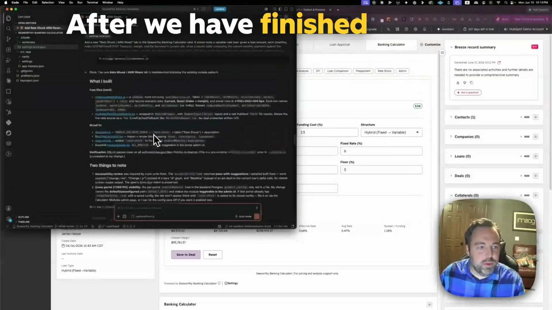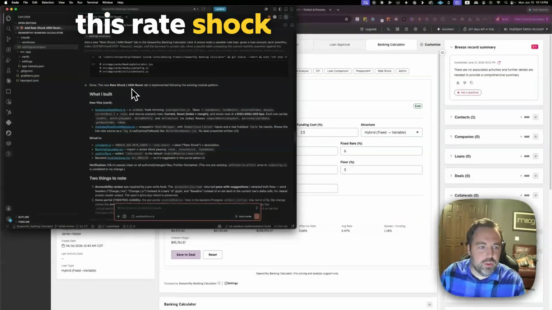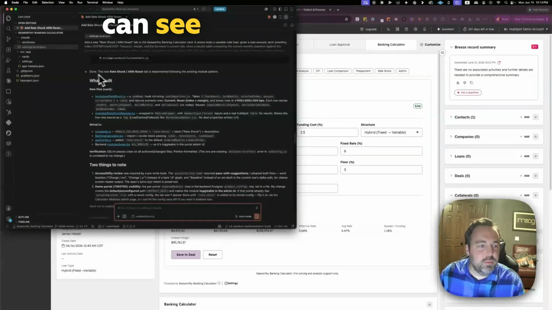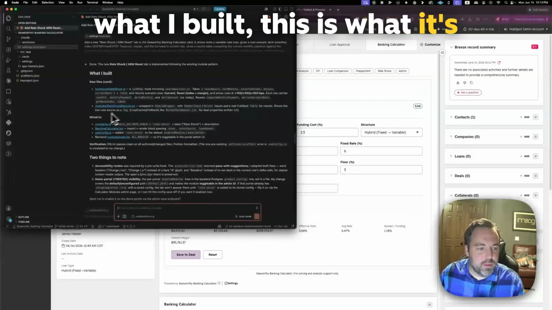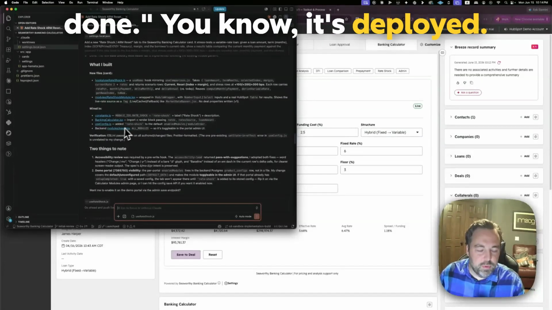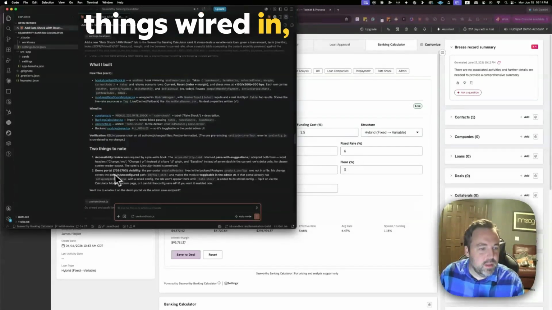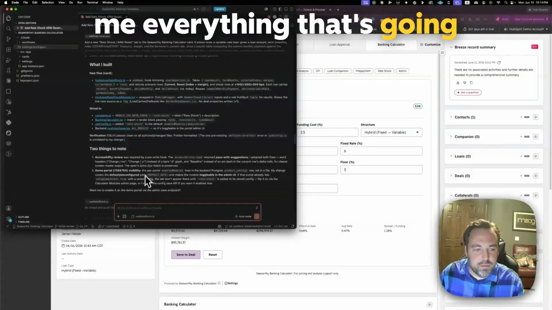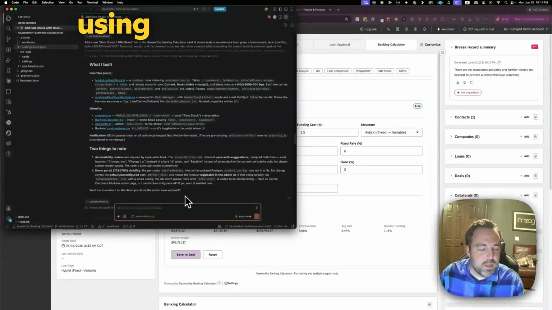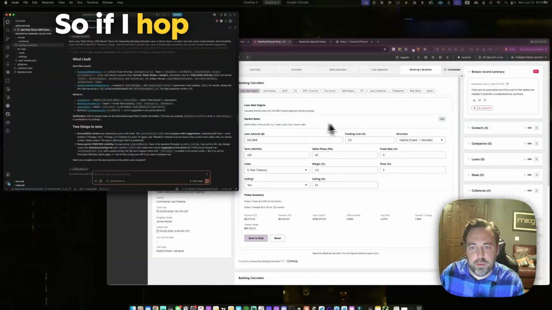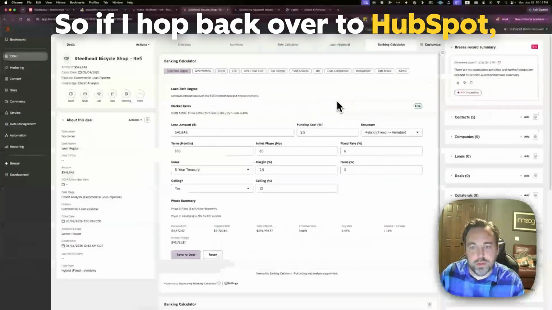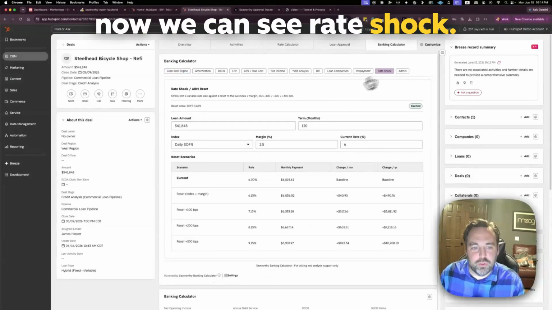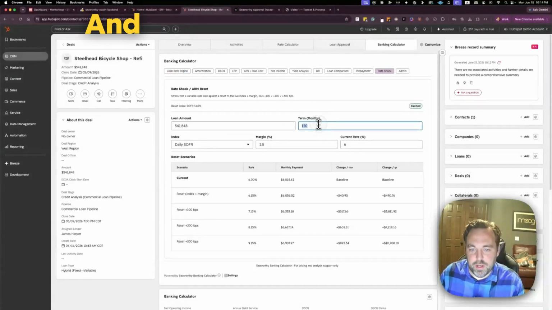After we have finished building this rate shock calculator, you can see what it said. Hey, what I built, this is what it's done. You know, it's deployed. I have a bunch of different things wired in. So it's telling me everything that's going on, the demo portal that I'm using, and all the information. So if I hop back over to HubSpot, now we can see rate shock. This is here, and I can